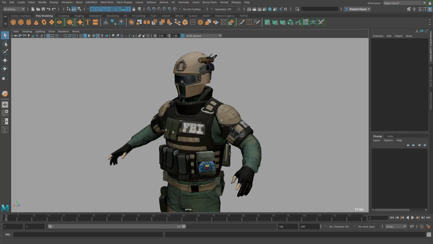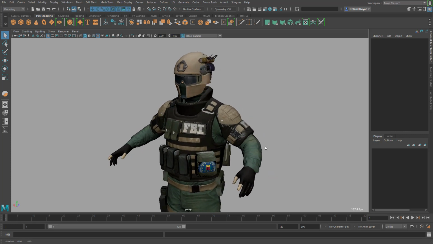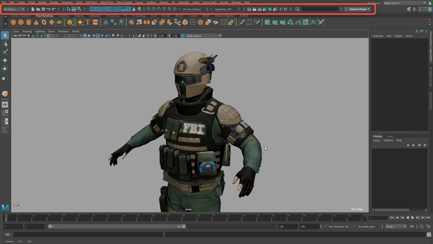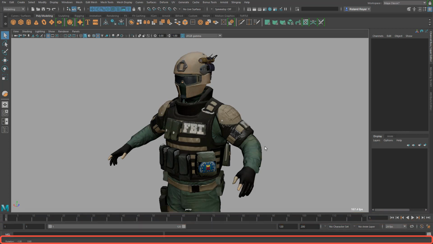In this short video, I'd like to talk about the different ways of accessing functions and tools in Maya using the example of modeling. This is the standard screen of Maya. There are many UI elements around the perspective camera window. Besides the pull-down menus, we see a status bar, the shelf, the toolbox, the channel box, timeline, playback range, helpline